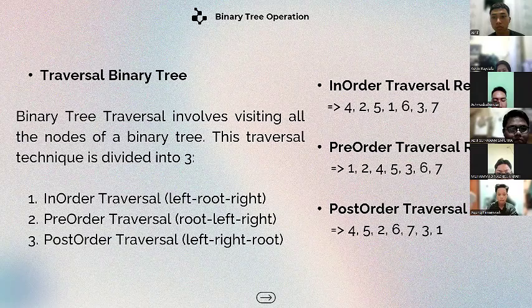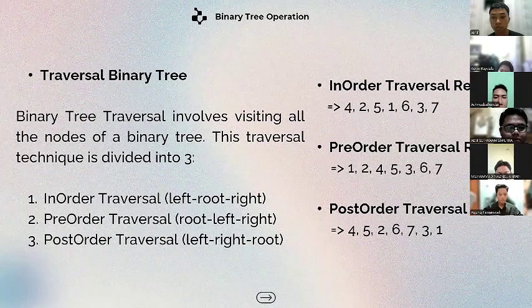Fourth, we go back up, that is, we check the right branch. Fifth, we check the left branch again, which is the number 6. Sixth, we check the right branch, which is number 7. Seventh, we go back up, namely the number 3 becomes the root, so we input the number 3. Eighth, we return to the top, namely the number 1 becomes the root, so we input the number 1. So the result of the post-order traversal is 4, 5, 2, 6, 7, 3, and 1.